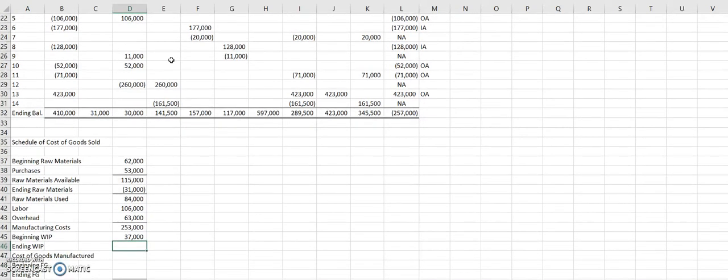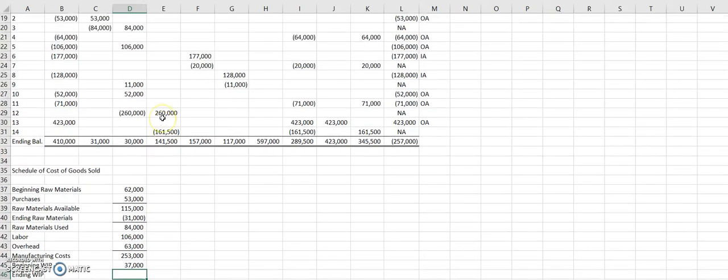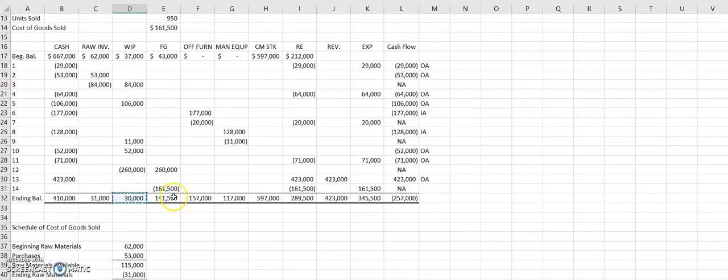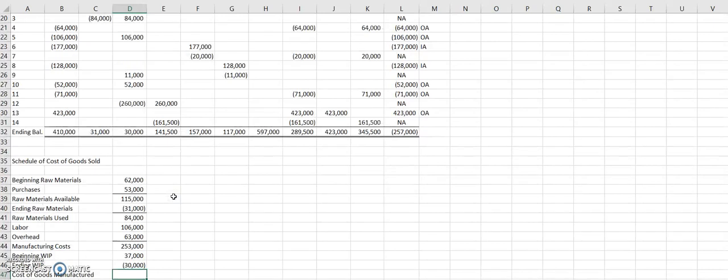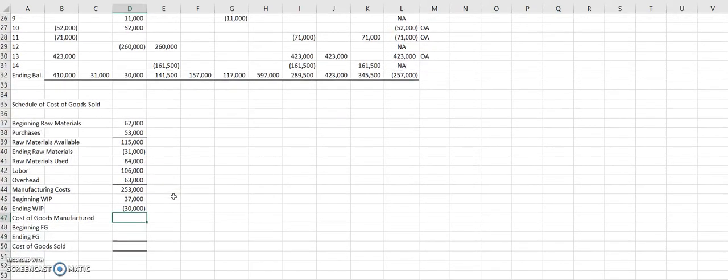So if we then subtract our ending work in process inventory, we can see that our cost of goods manufactured, the manufacturing costs plus what we began with in inventory, and subtract away the ending work in process inventory, we can see that the items that we actually worked on during this month or year was